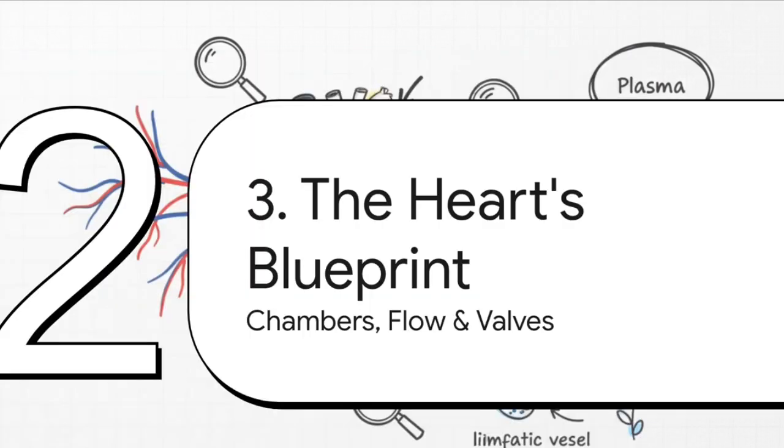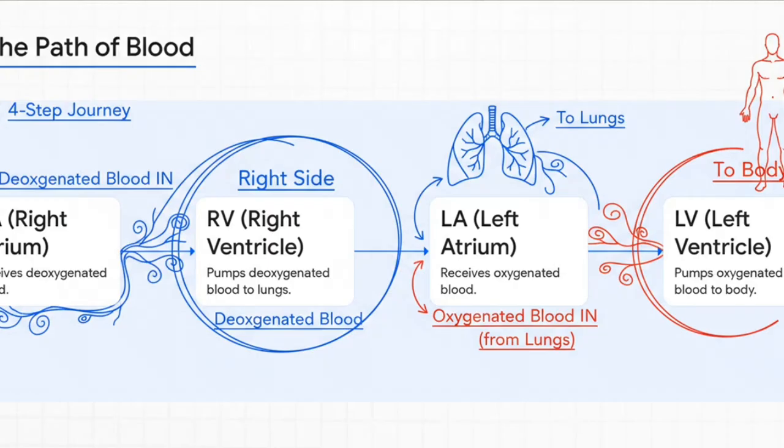Let's move on to the pump itself, the heart. In section 3, we're going to break down its blueprint, its chambers, the flow of blood, and the valves, all in a way that's super easy to remember. The path of blood through the heart is actually a really logical 4-step journey. Just remember, it goes from the right atrium to the right ventricle, then over to the left atrium and down